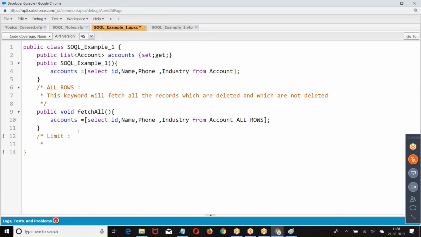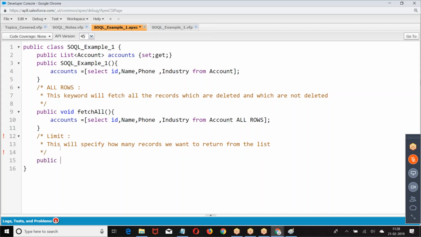So you are going to say limit. This will specify how many records we want to return from the list. So out of 4 records, which 2 records will be returned?